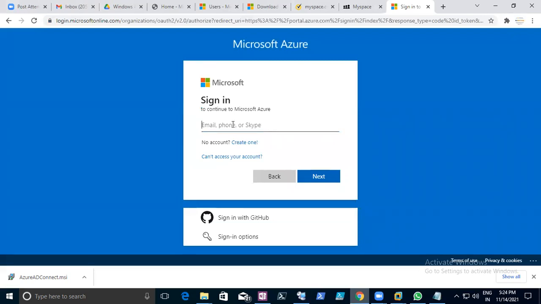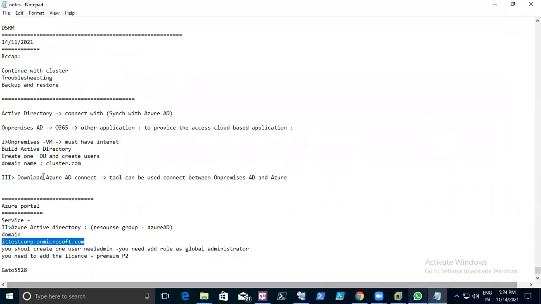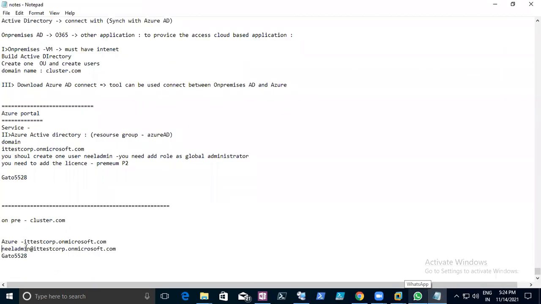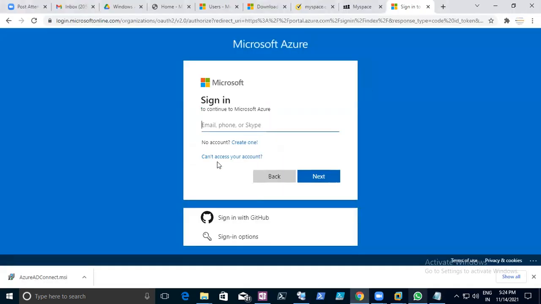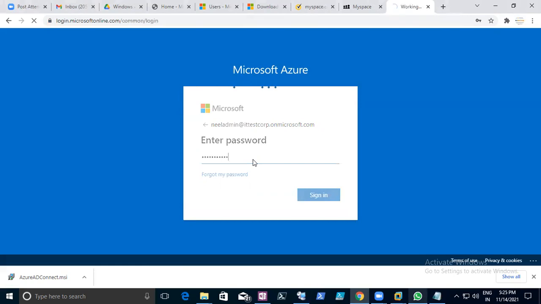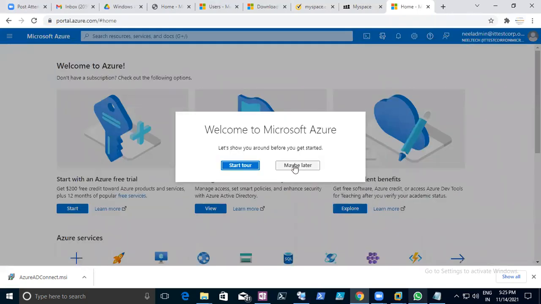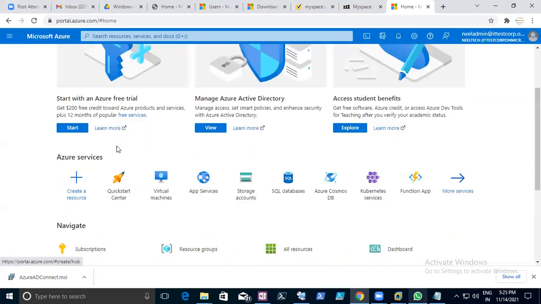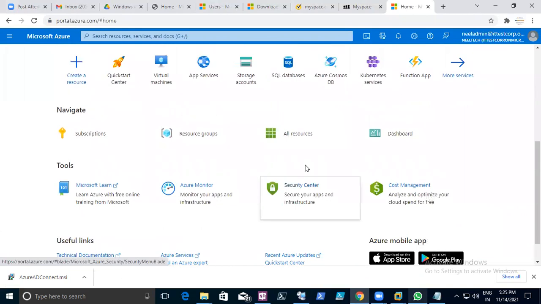Login here. Okay. Later you can go to that. Now you can go back to that. You can see all have the same services because you are part of the global administrator.